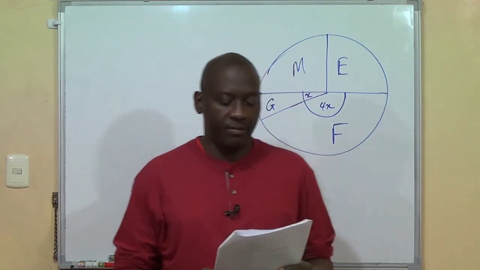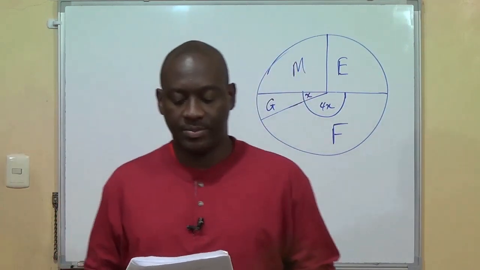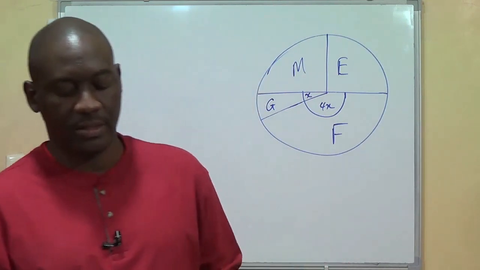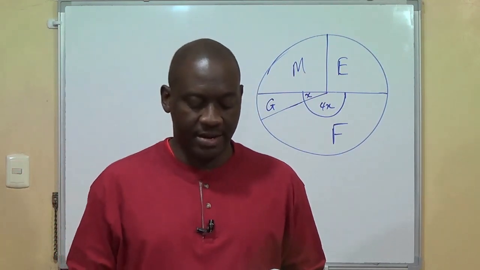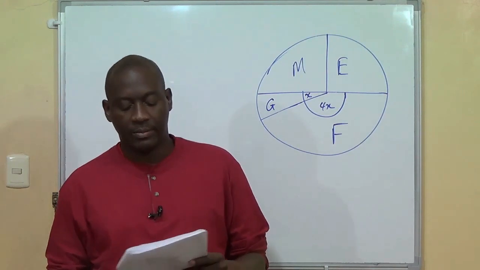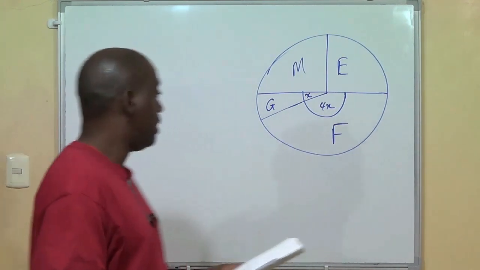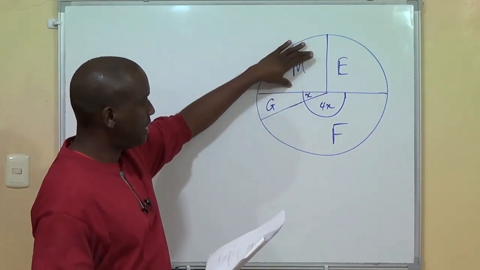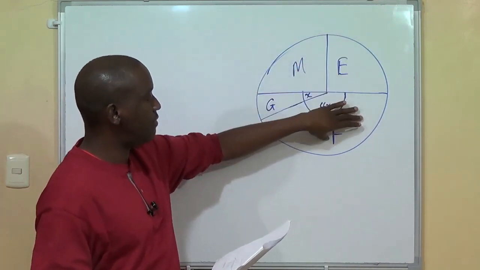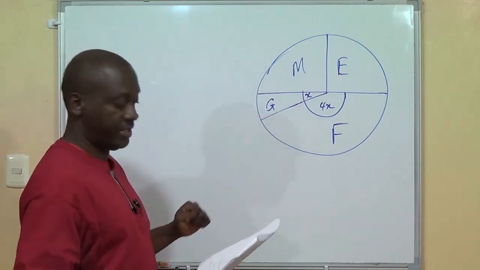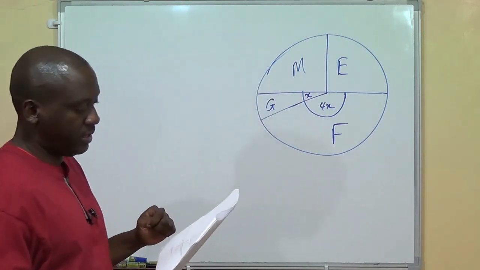The pie chart above shows how a student used 10 hours per week for studying English (E), Mathematics (M), French (F), and Geography (G). The amount of hours spent studying French is approximately. Alright, so M for Mathematics, E for English, F for French, G for Geography. Alright, now